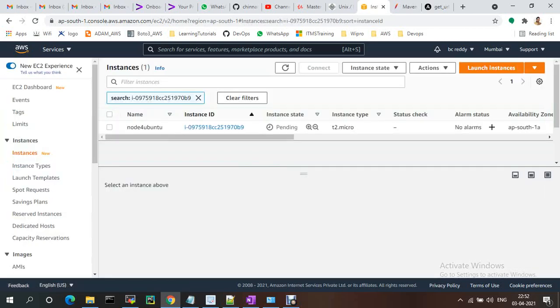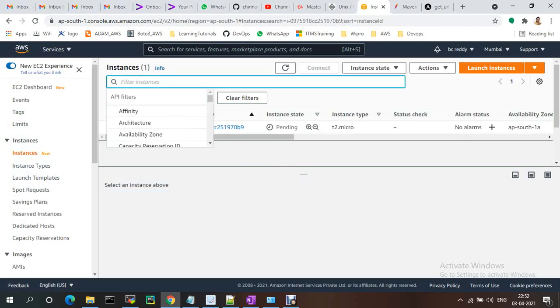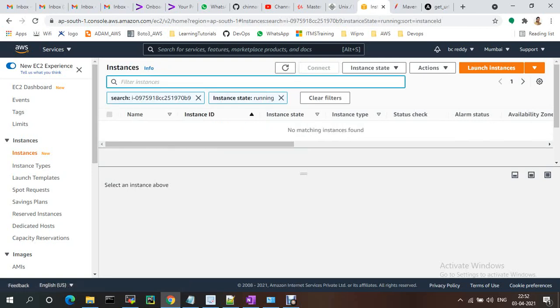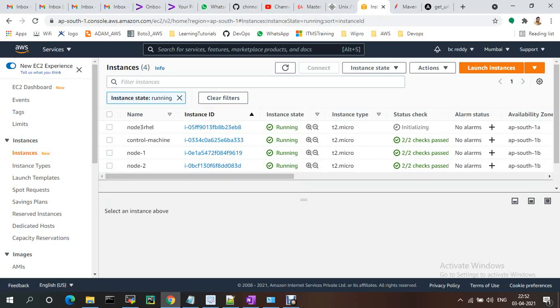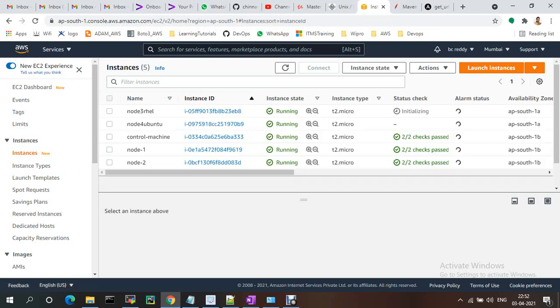Instance state running. Okay. It will show you all the running instances. Clear also. Okay. These are still initializing.